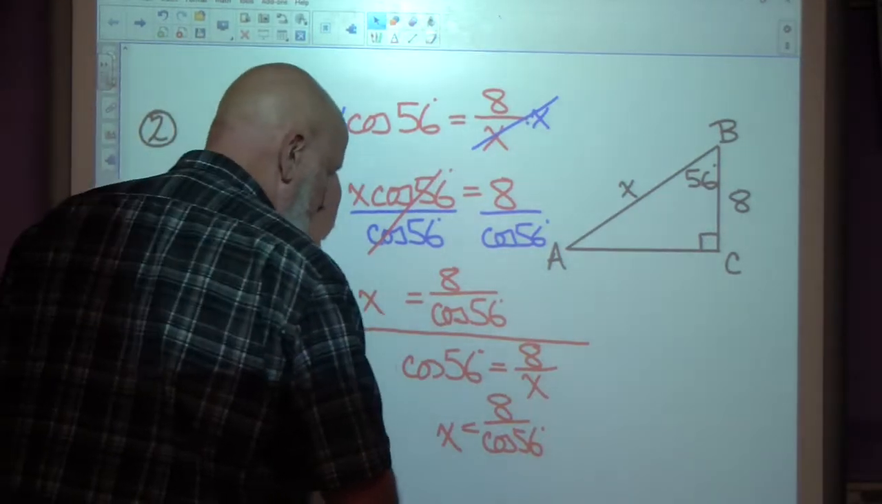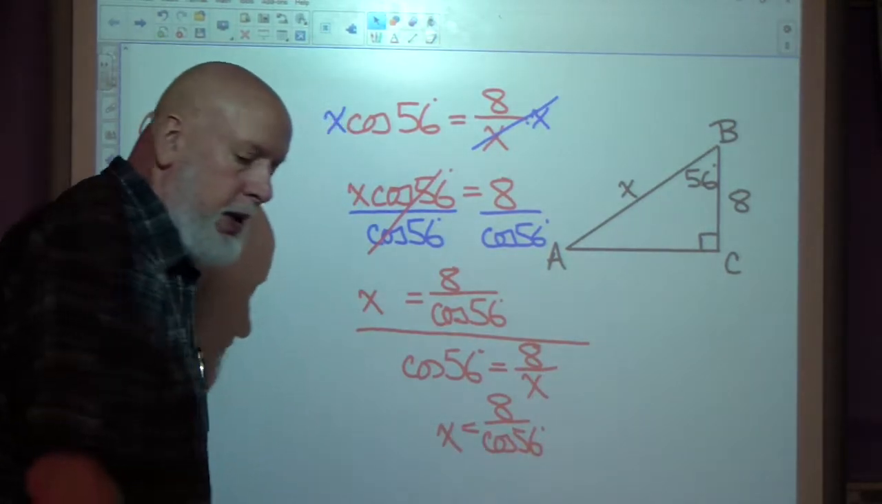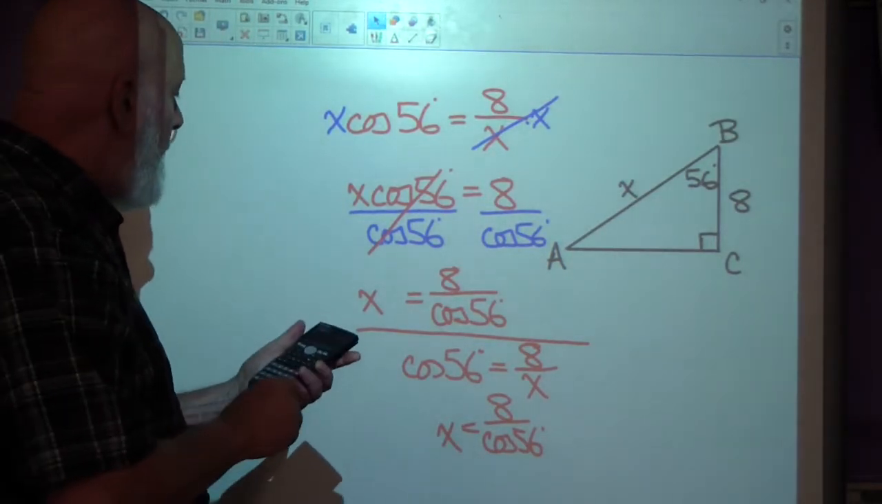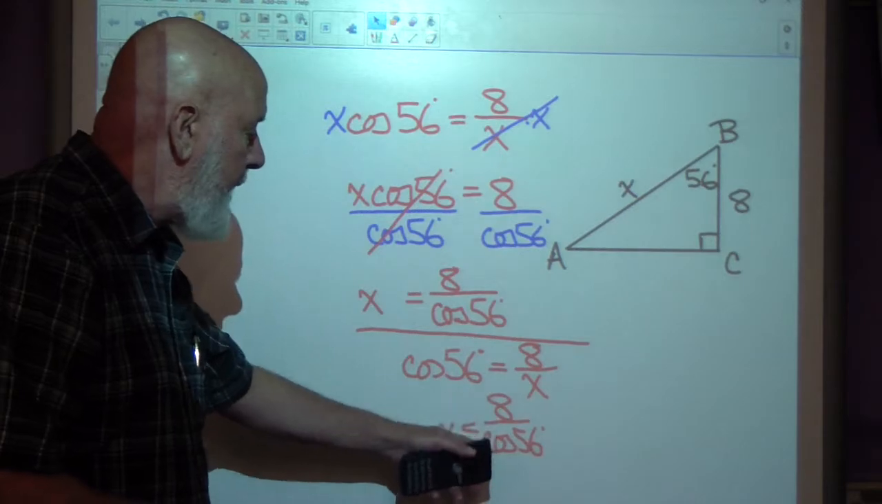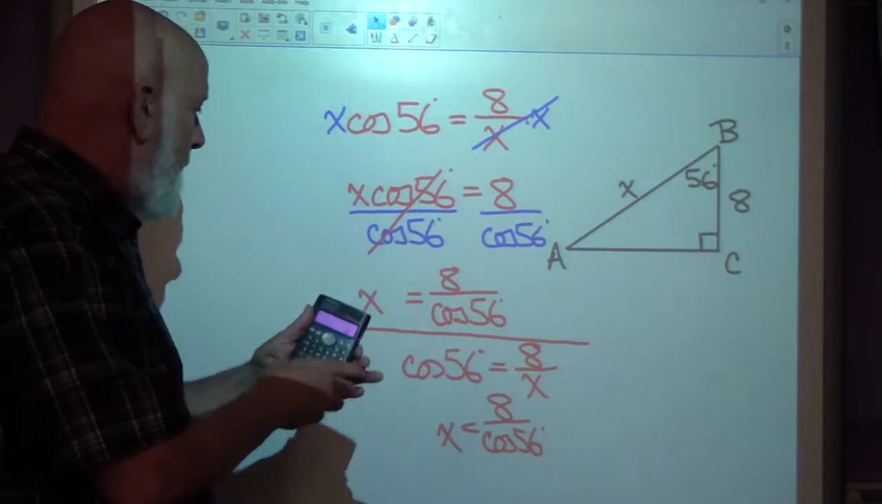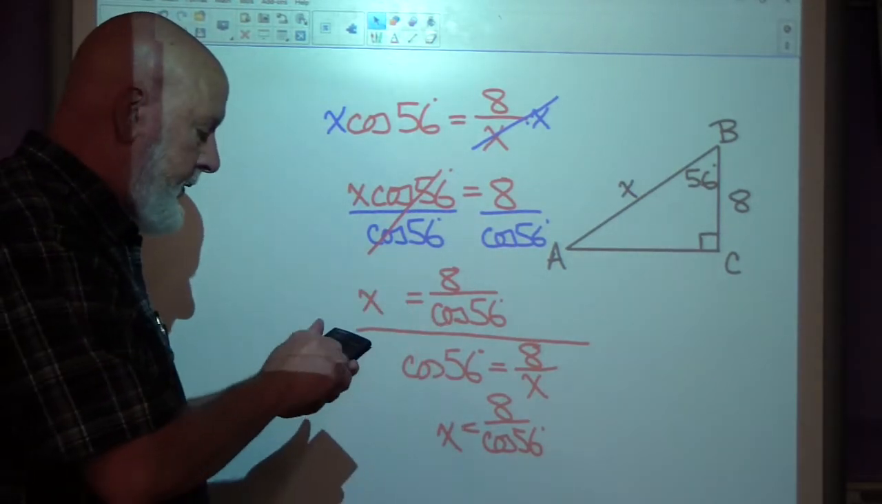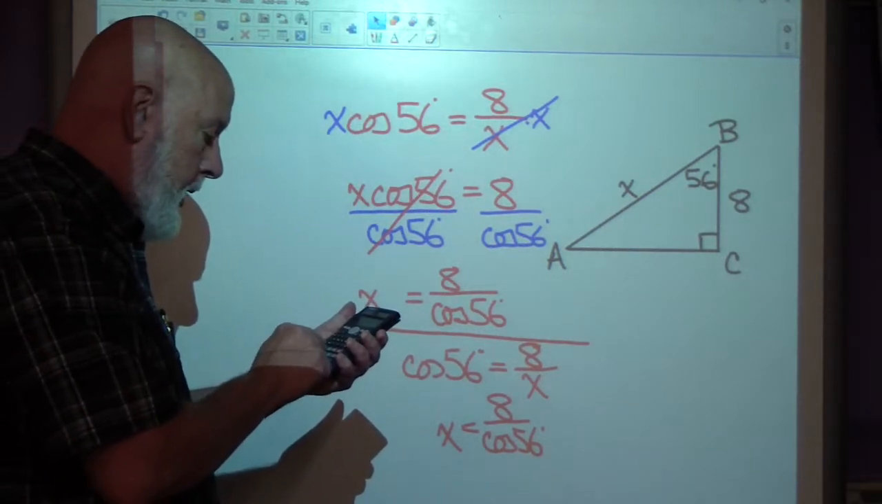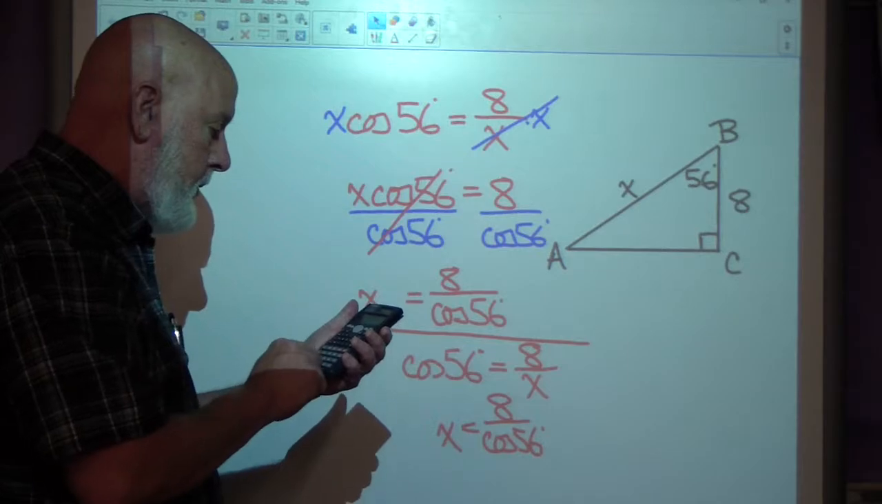So with that in mind, let's just put this in our calculator and see what we get. X is equal to 8 divided by the cosine of 56. 8 divided by the cosine of 56 equals